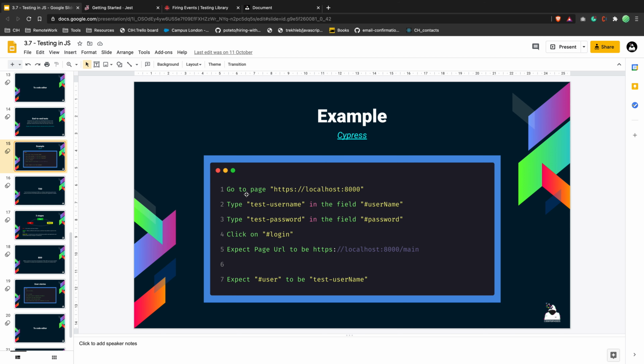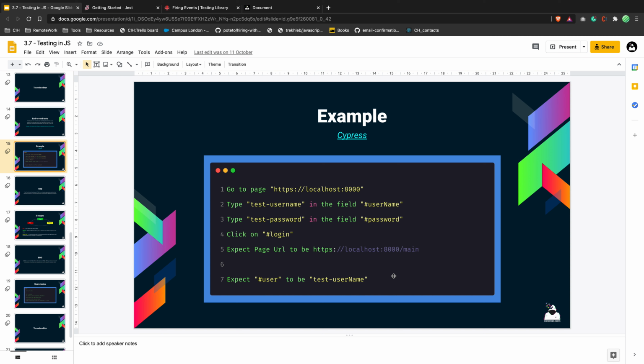So yeah, this is the basic example that you specify for Cypress: go to page, type test user in the username field, type this in the password, click login, expect page URL to be something, expect user to be username.